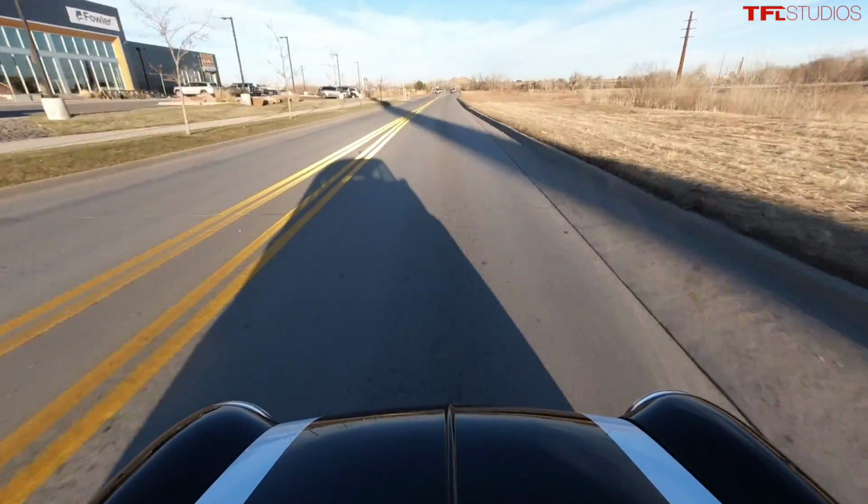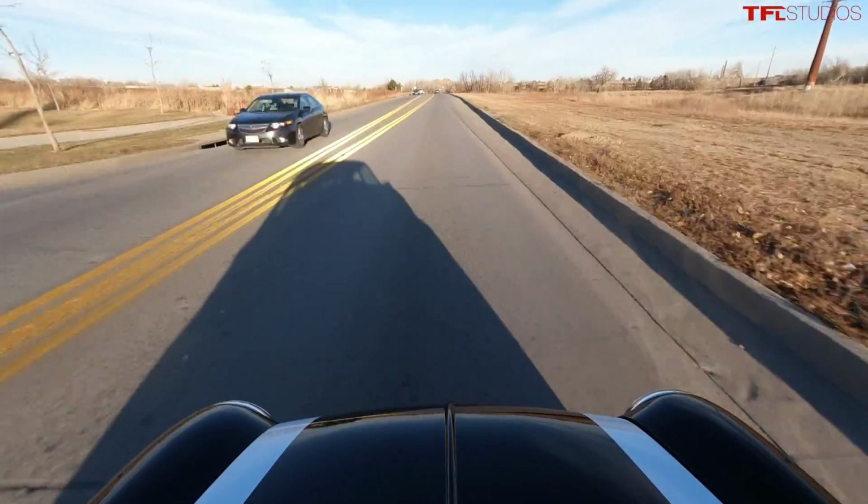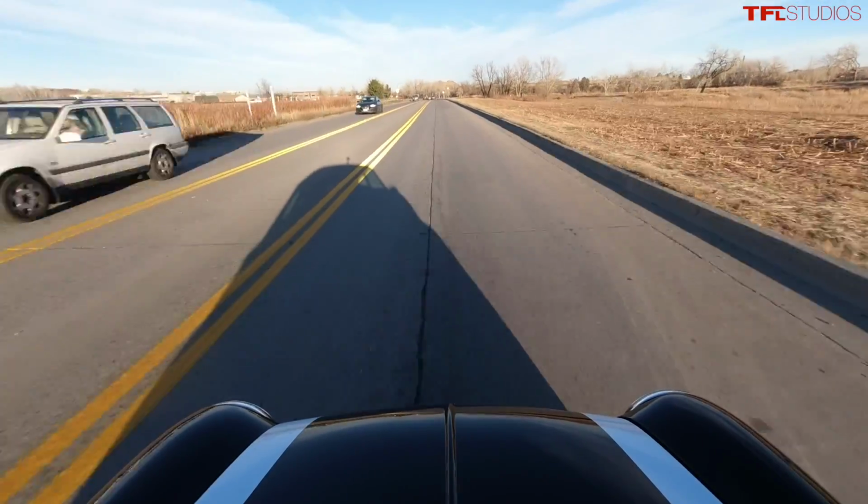One of the big pitfalls with a lot of these is that many of them have been wide-bodied and really modified. This one does have aftermarket flares on it. I'd prefer to have it stock, but like when you